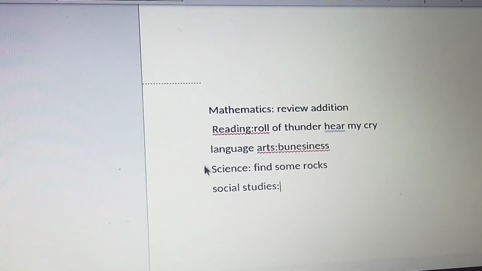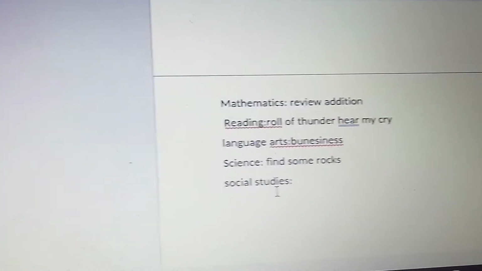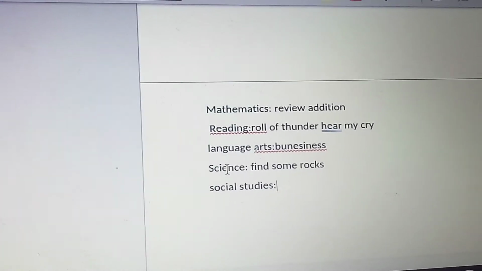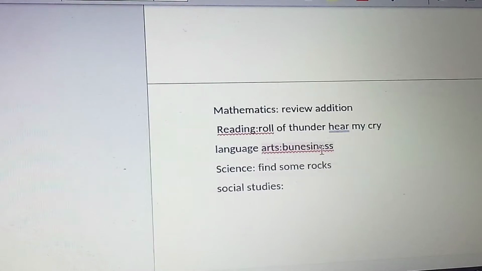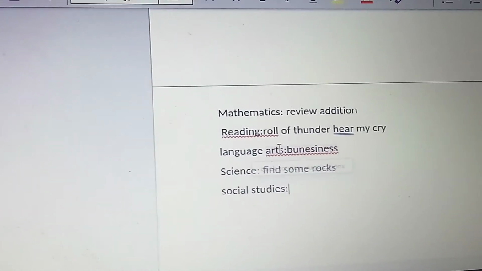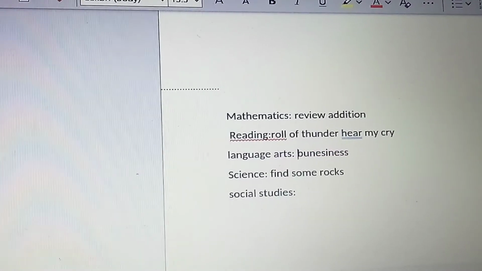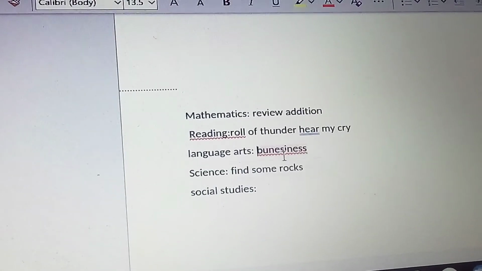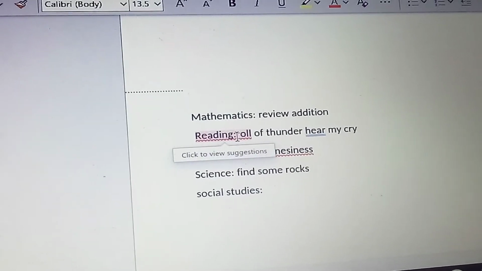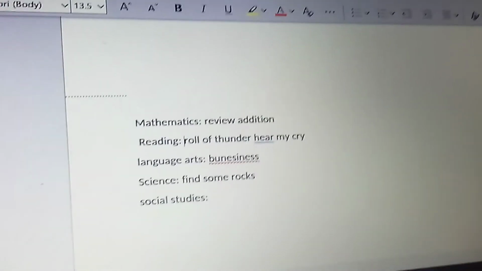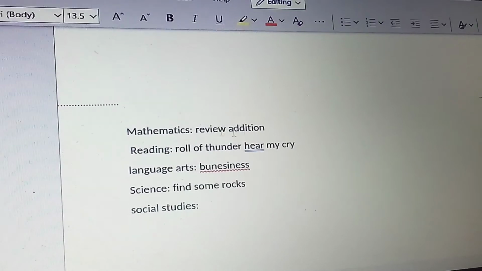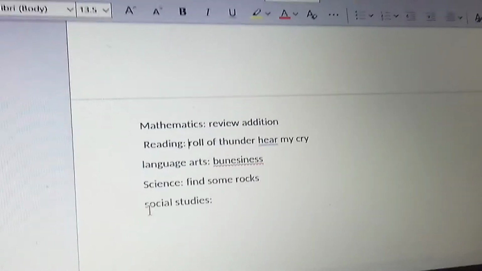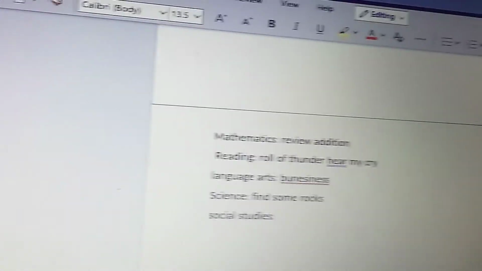Because our Bible kind of goes with social studies, and I find some science talking about rocks in the Bible. I find business plans or whatever I'm planning to do, and I link it to the Bible, and then Roll of Thunder, Hear My Cry, I find that and link it right to it in the math review and addition. And so maybe I can go on